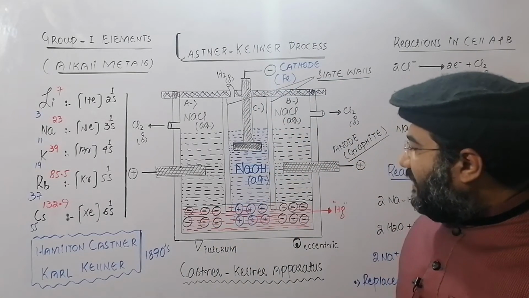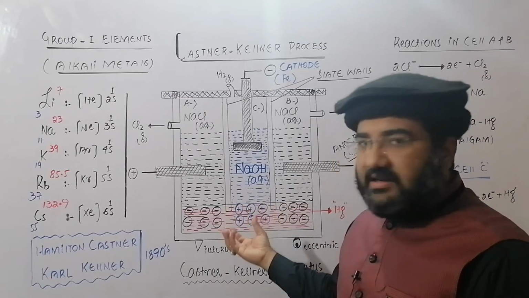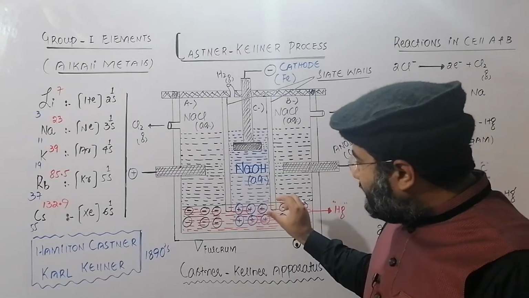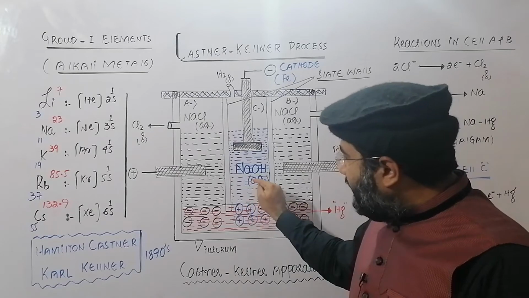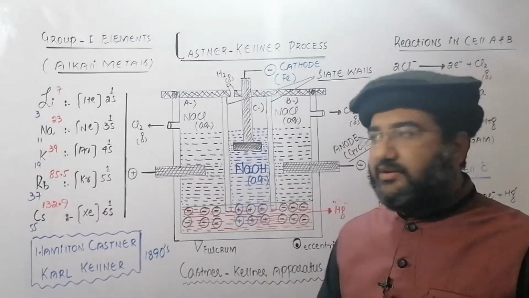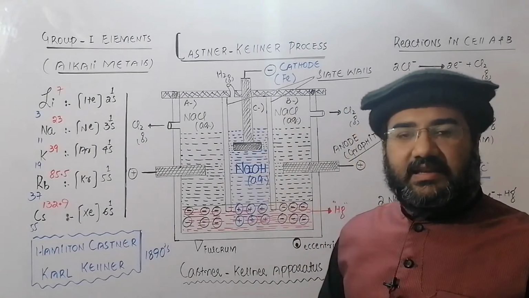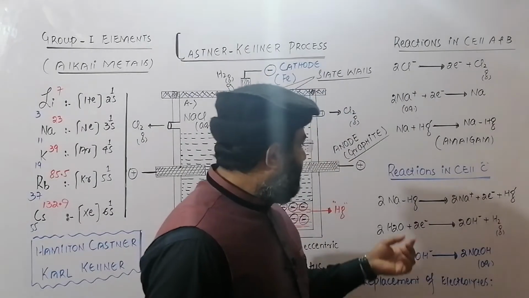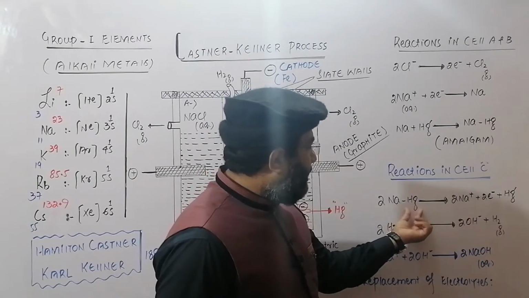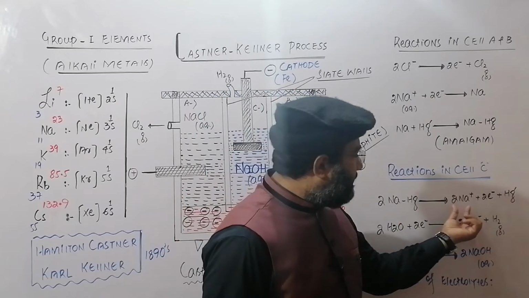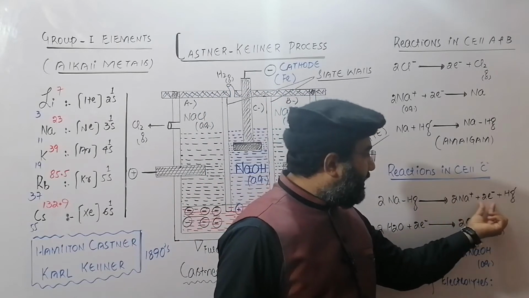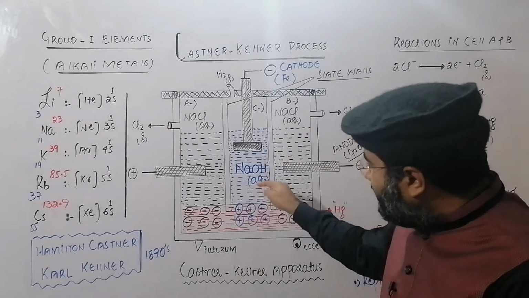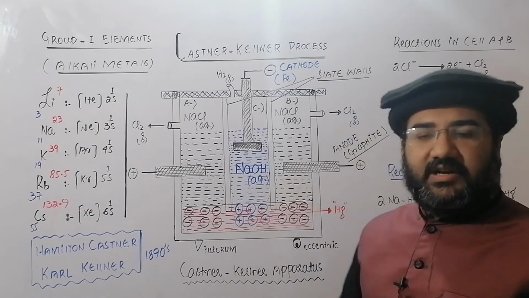Now because of the rocking or slight agitation in the cell, this sodium amalgam gets dissolved in the aqueous NaOH, which is the electrolyte in this central cell C. Now what are the reactions that take place in this central cell C? Let us look into this. The sodium mercury alloy gets oxidized and produces sodium ions, electrons and mercury. My dear students, this mercury again moves from the central cell to this mercury column.